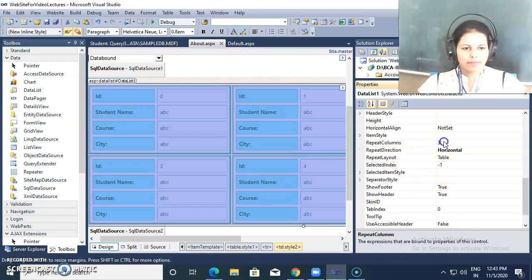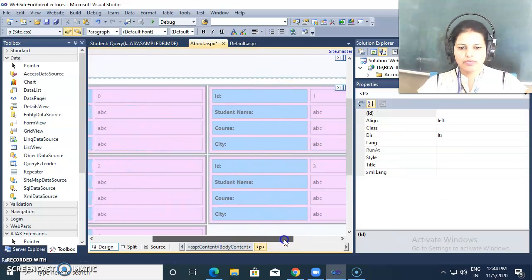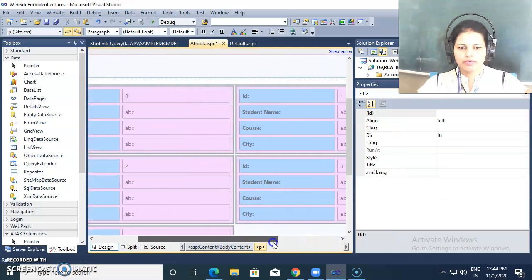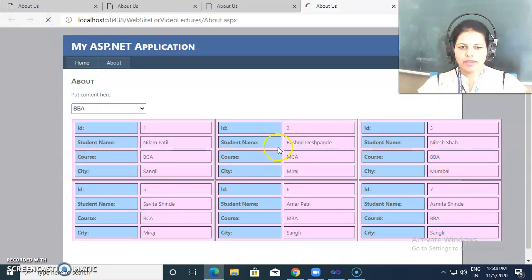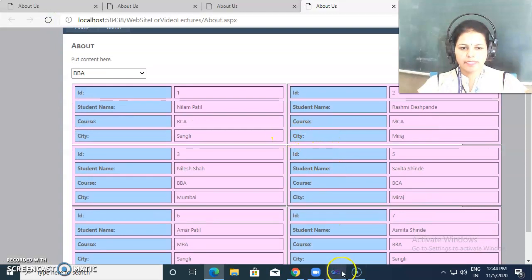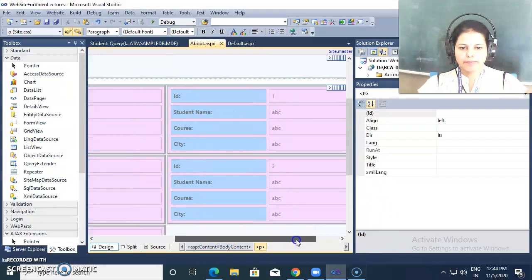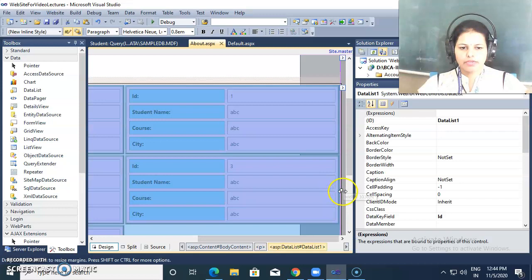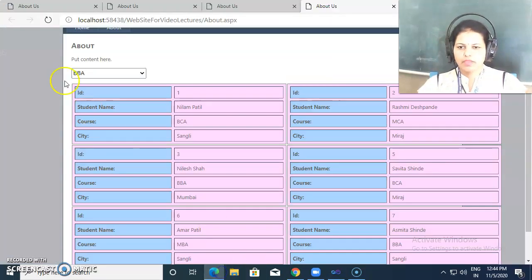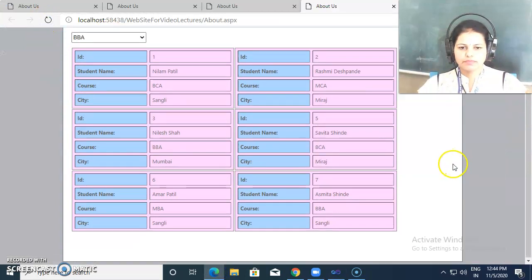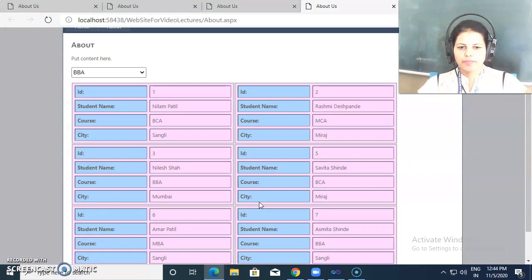Now see what happens, 2 only. So instead of 3, only 2 students data is there. Now I am changing the width, and see, this is the effect.